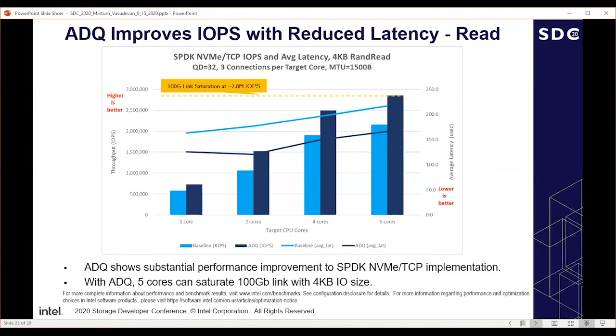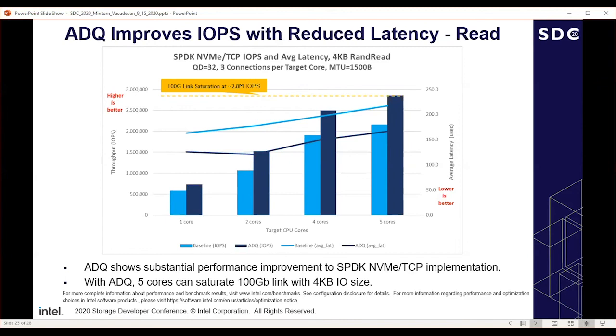So we wanted to show a representative target and the performance associated with the target. In this case, what the slide is showing is the SPDK NVMe over TCP target, and on the y-axis, you see the IOPS delivered by the target, and on the x-axis, you see how it scales based on increasing cores on